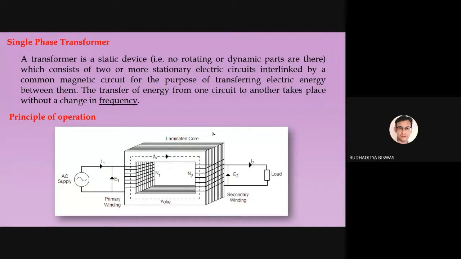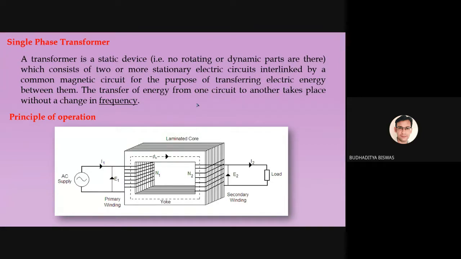But if we just segregate the aquarium by some sheets, then you see the travel distance or the area of travel of the fish is reduced. So the fish can swim only in a very narrow area, and the fish will not be tired. Similarly, the current is not able to flow through a large area, so the current travels through a small loop. Eddy current is a very normal thing. The current flows through very small loops, and that's why the current magnitude is less, and this will produce a very small amount of heat. So in this way, we can reduce the eddy current loss just by reducing the core area.